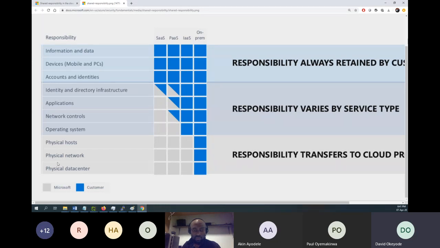What this chart is showing is that the blue indicates the customer's responsibility when it comes to security, that is us. The gray indicates Microsoft's responsibility. Azure has different types of services: infrastructure as a service, platform as a service, and software as a service. Regardless of which cloud service type you're using, you're never without security responsibility. Even if you're using software as a service, 100% of the security of your information and data, of your accounts and identity, and of your devices is your responsibility as far as Microsoft is concerned. Remember, this is an